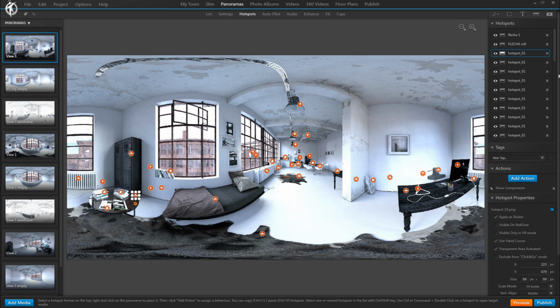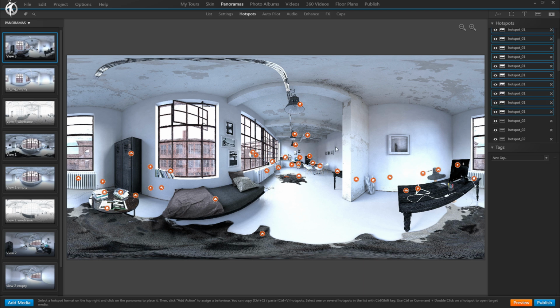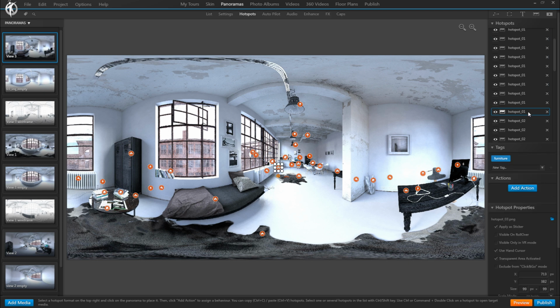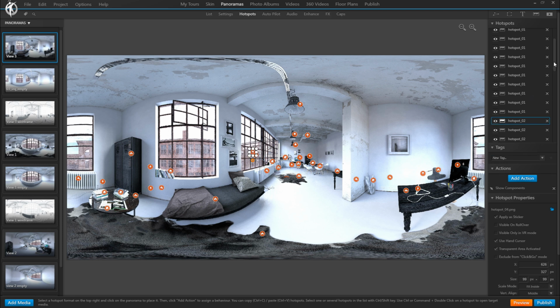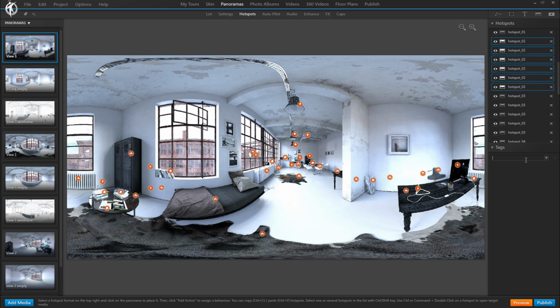So just as before with the panoramas, we now go ahead and select all of the hotspots that have a certain characteristic in common and which we therefore want to group into one tag category. For instance, here I selected all of the hotspots that refer to furniture. And I'll create the tag furniture and assign it. Okay? See? This one has the tag furniture, and so does this one, etc. Now let's do the same thing with all hotspots that are referring to light, and assign the tag light, and so on.